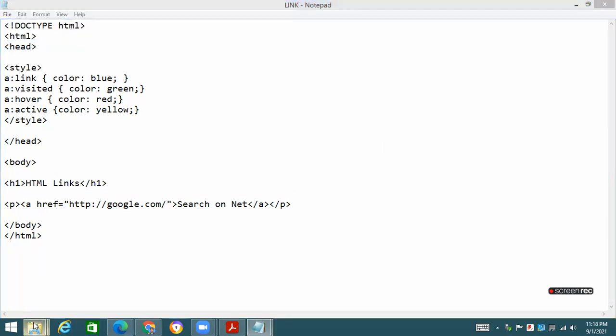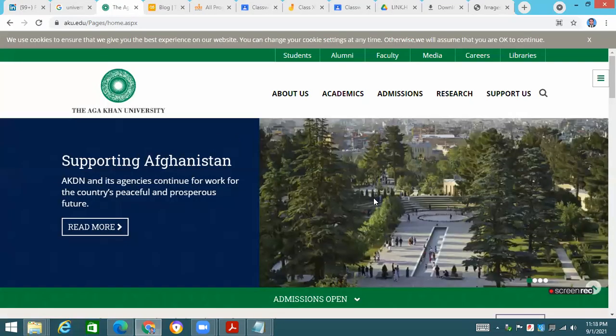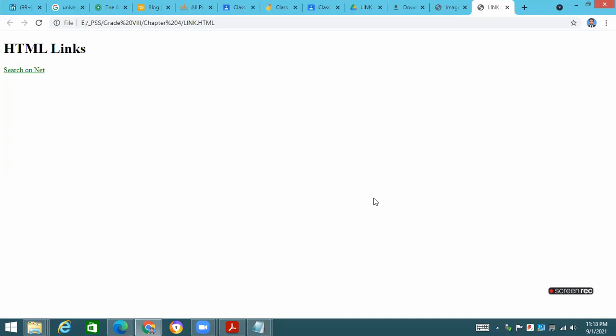I'm going to run this file now. There is the file. I double click on it. It will be opened in which software, which is basically Google Chrome or Internet Explorer. Now you can see over here, it is showing you in